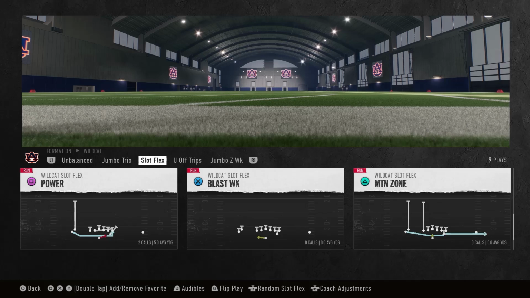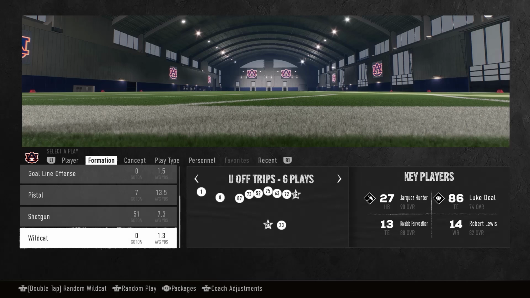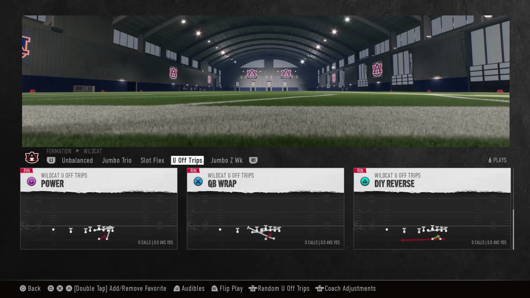So you shouldn't have too much of a problem trying to be balanced in this offense, even though it's more